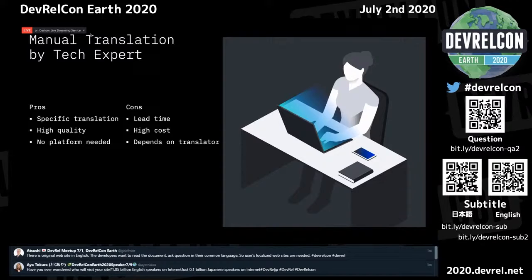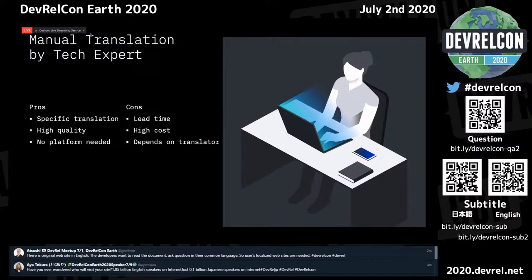And the cons are what? Long lead time due to manual operation, and high cost depending on the translator. I think those are the cons.